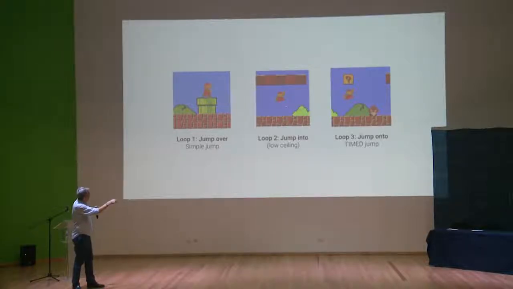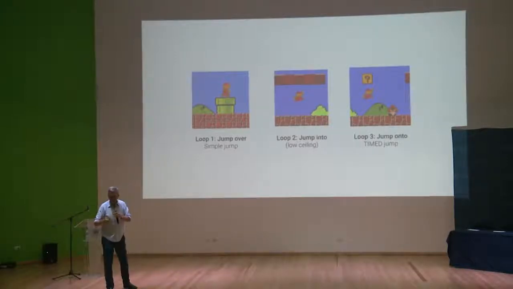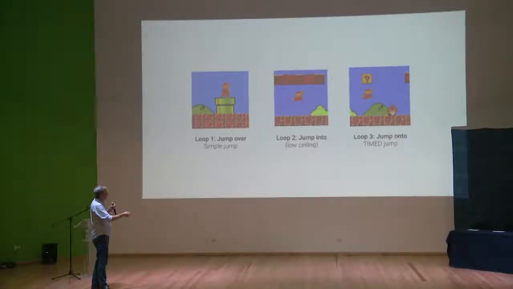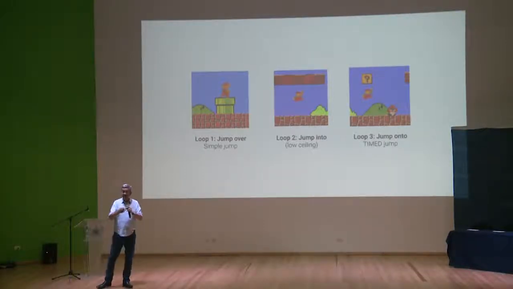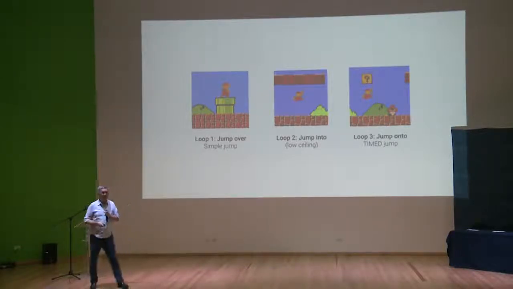And then you get into the area where you've got the bricks on top. And as you jump, they make it so that it's very easy for you to accidentally bump into that, and then you get that mushroom that makes you super powerful, right? And then you go, oh, wait a second, jumping has an action. I can bump into things. And then finally, when you see your first monster, you're like, oh, wait a second, I can jump in multiple ways, and I bet I can jump on this guy. And of course, you jump on him, and you get the monster.